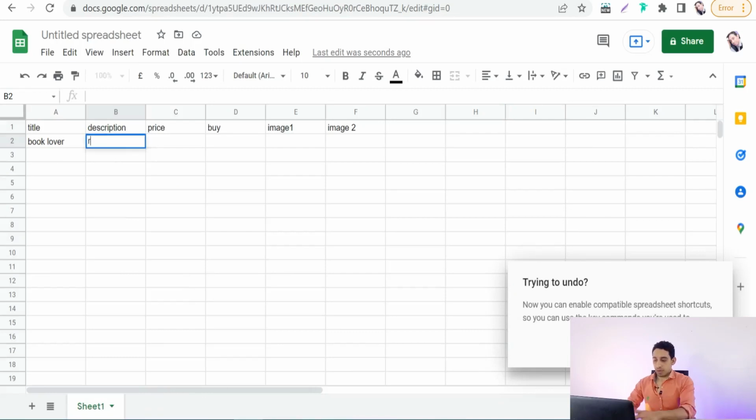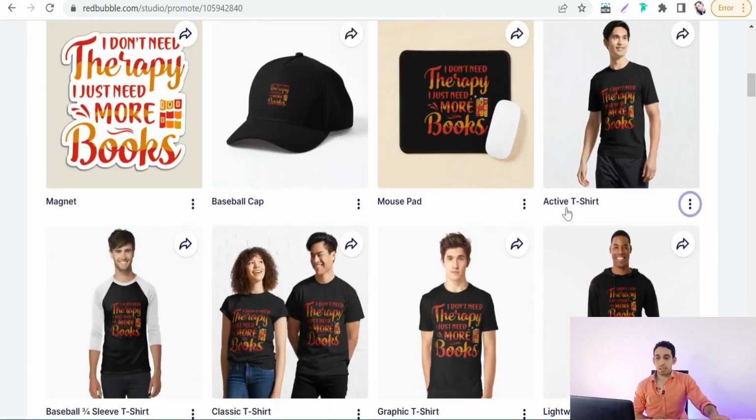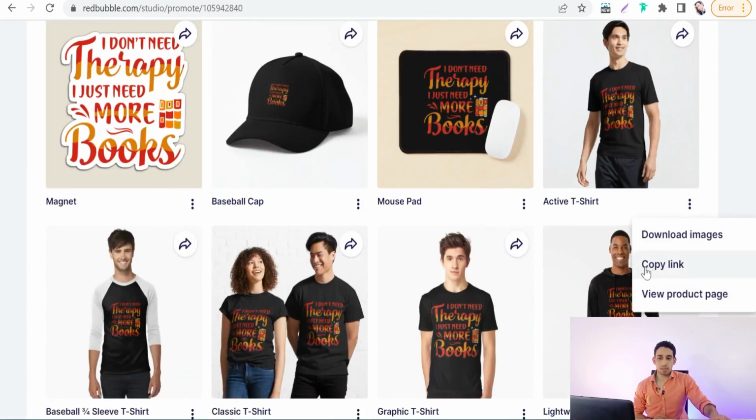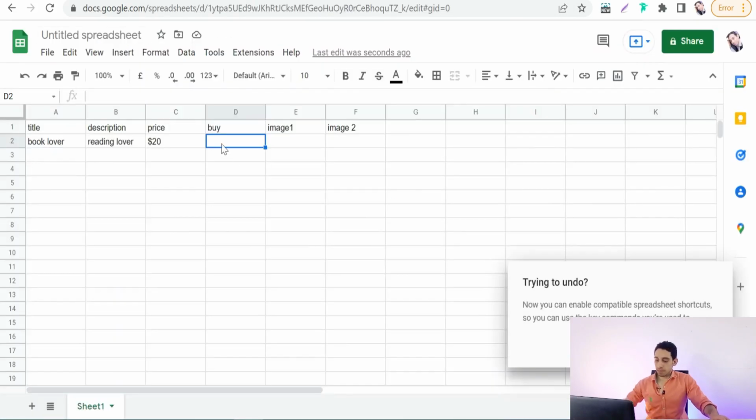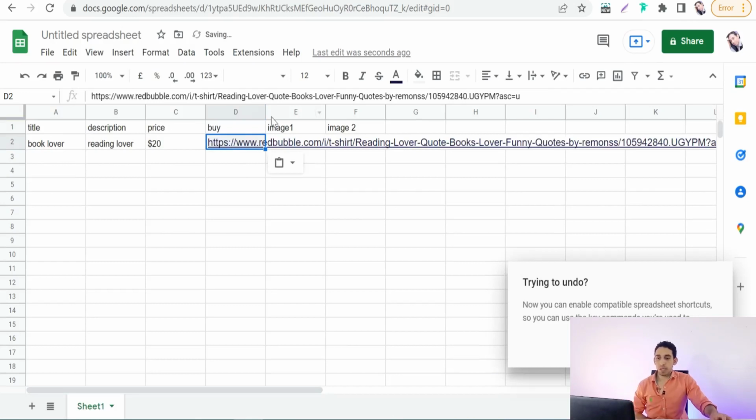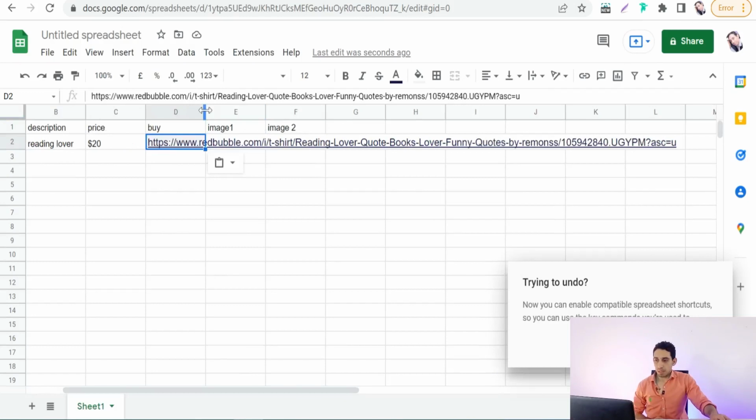For example, reading lover gift, price, for example, $20, okay, buy, we can add here the link of your product, okay, so we can get this one, copy link to promote this t-shirt, copy link, back to our Google Sheet, paste, okay, we can broaden this way,